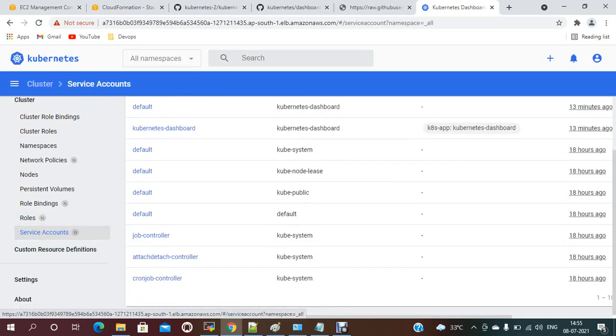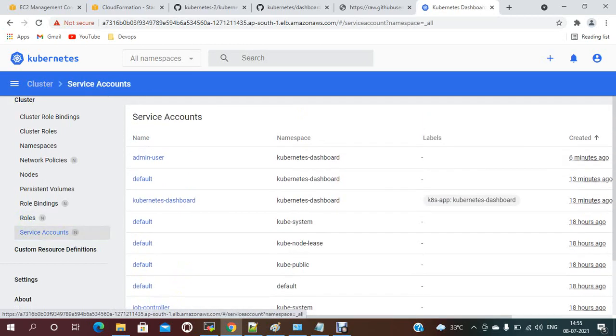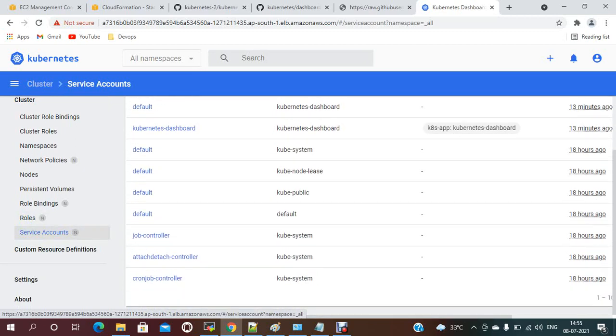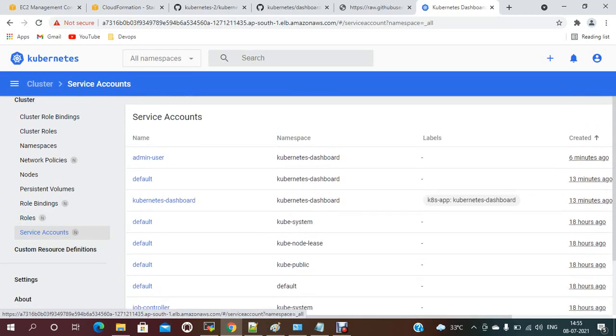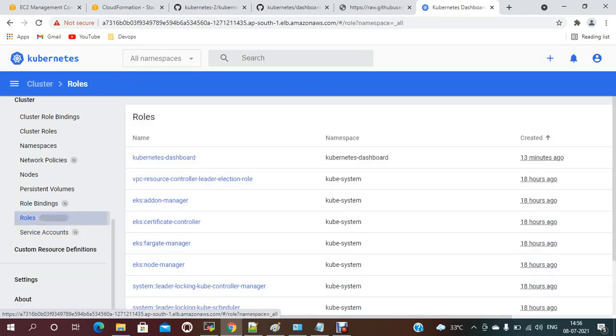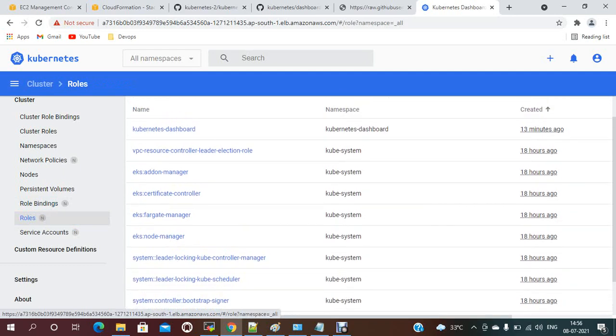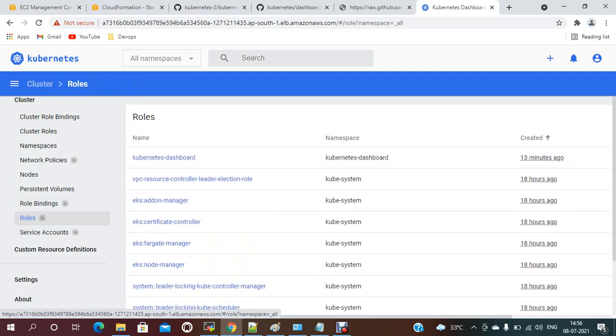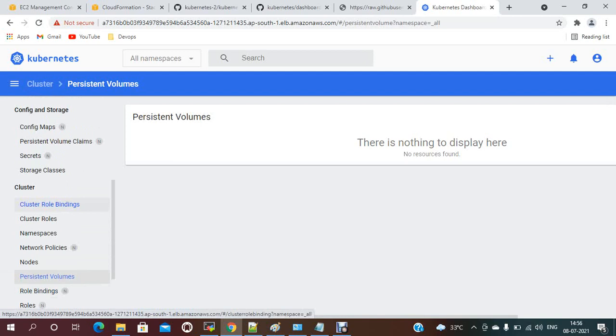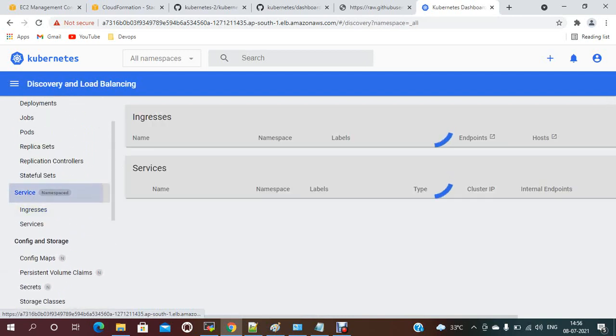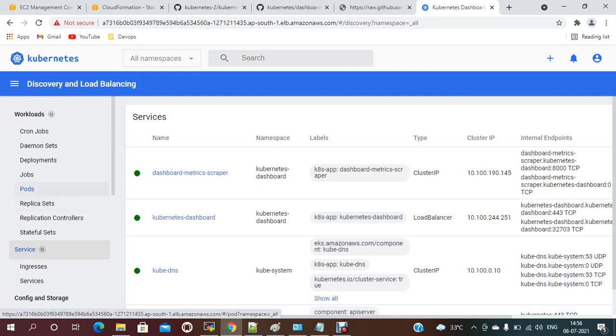Service accounts, okay. If you want to create a new service account, it should be automatic. These are the default ones: admin user, default, and test defaults. Everything should be showing here, and the roles. Initially it will take some time to update everything, whatever the cluster information, to get it from the UI. That's why initially we didn't get it. So role binding, nodes, config map, services, everything should be updated here.